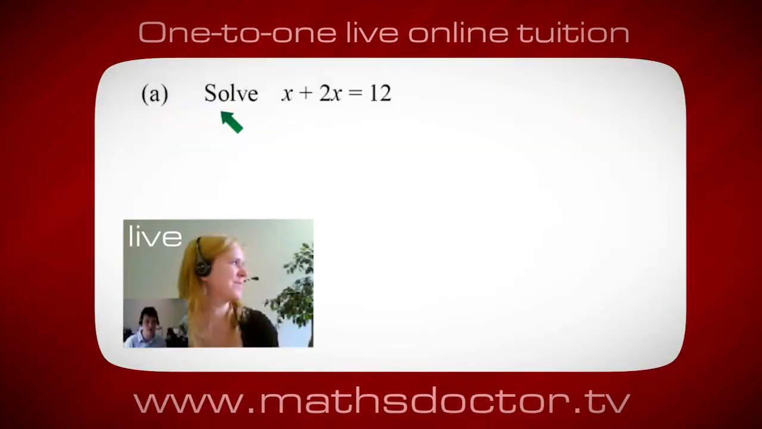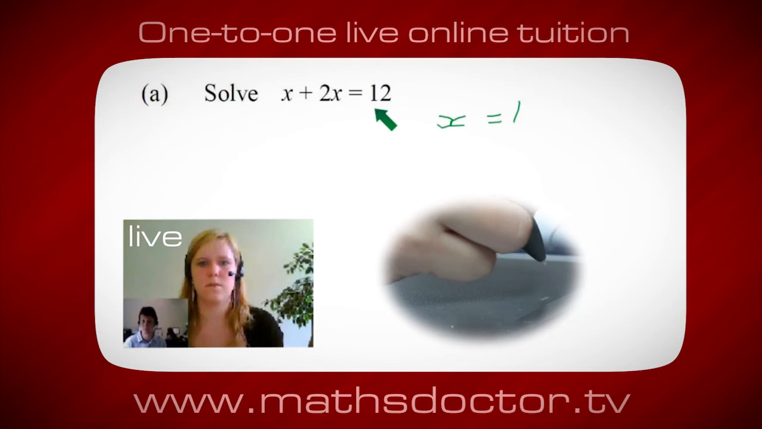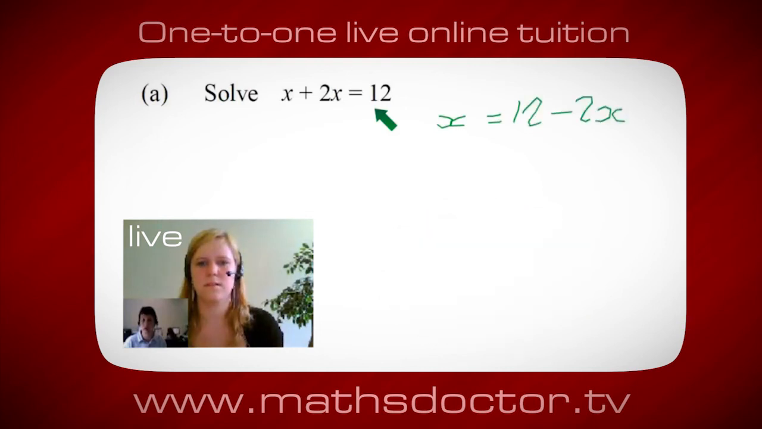Okay, Mary, so let's have a look at this one. So solve x plus 2x equals 12. So what do you think you do first? Okay, well, I want x on its own, so I would put x equals 12 minus 2x. Okay, so a lot of the time we want to get x by itself, but what we want to do first is